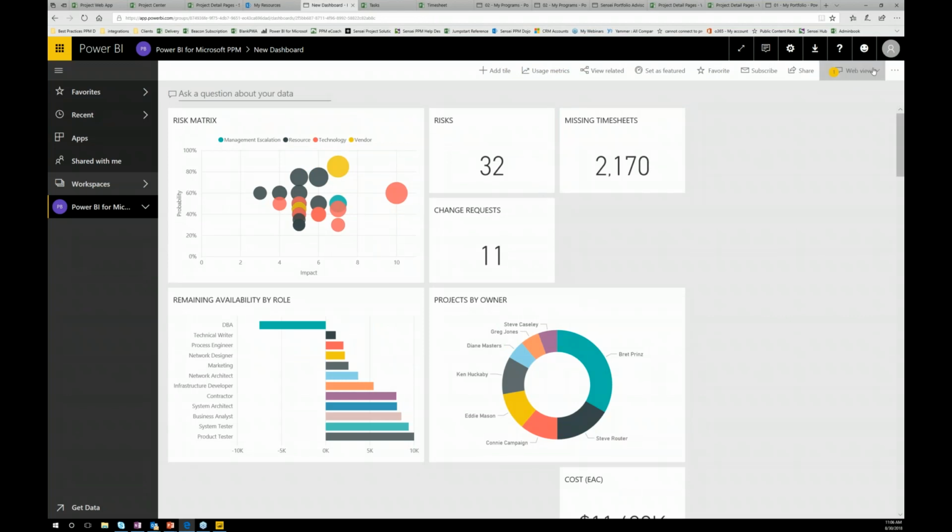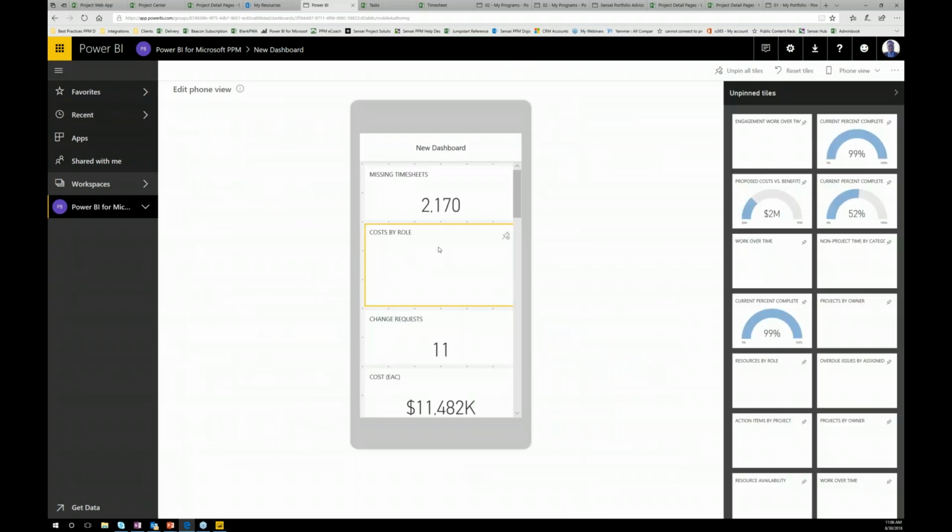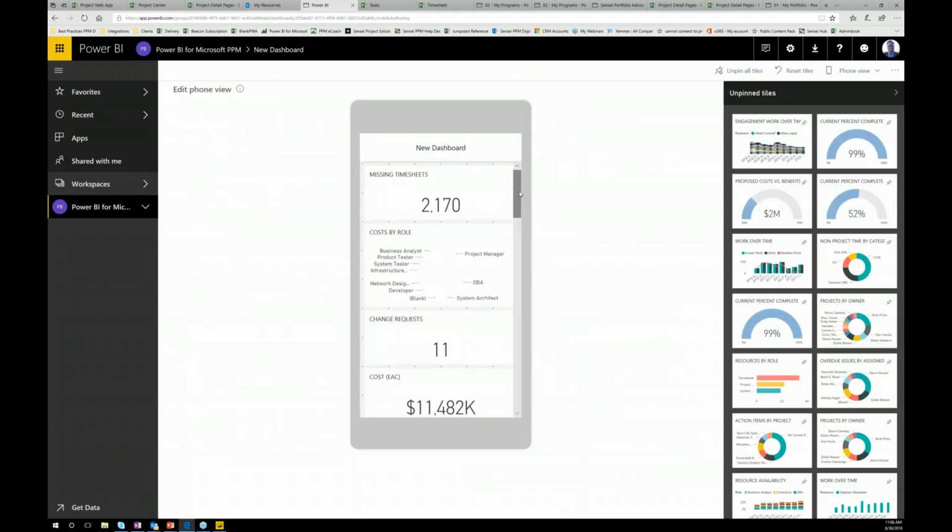And if I need to distribute it to a phone, I download the Power BI app onto my phone, and I can start to see this data on my phone. So it's a really easy way to distribute. And yes, you do need a Power BI Pro license to be able to distribute this. But when you think about it,